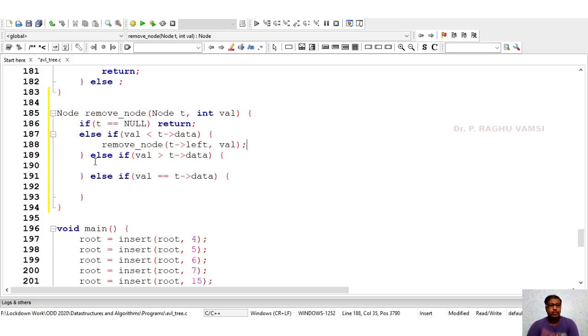The remove node will return the node as a reference, so it will be attached to the t node. In case the value is greater than the node data, we are supposed to traverse to the right side. Since remove node is returning the reference, this reference must be attached to t right.